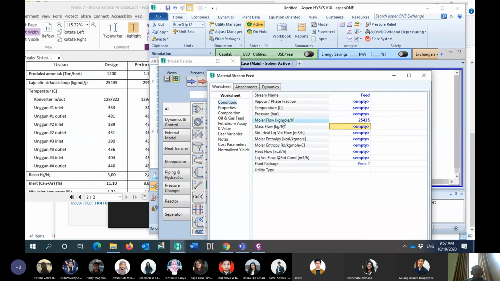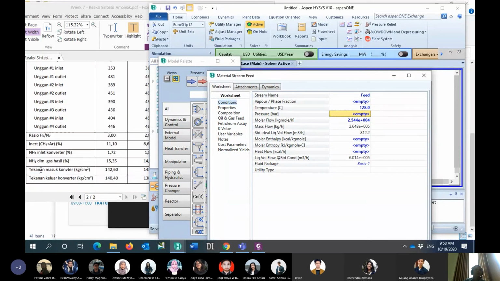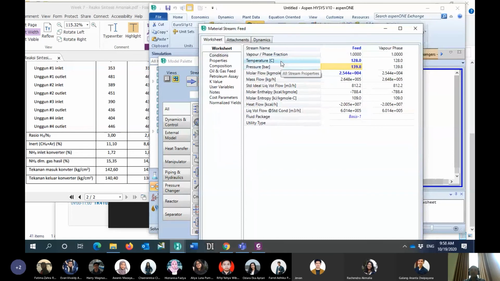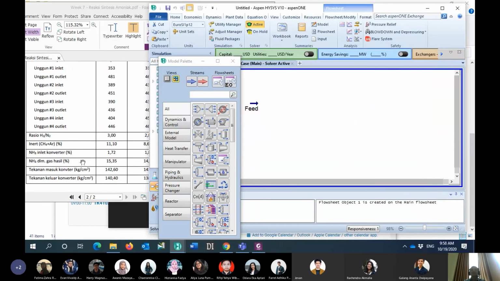The inlet temperature is around 120 degrees C, and the inlet pressure will be around 142.6 kilo. After I define the pressure and temperature as well as the flow rate, it's already well defined. So my feed is already well defined.